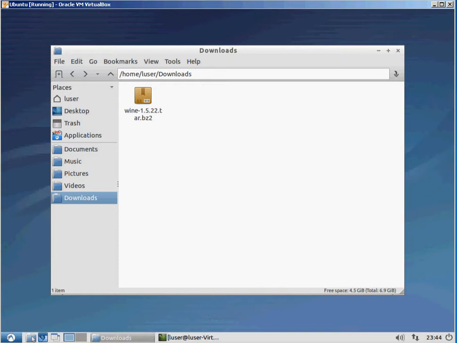Wine stands for "Wine is not an emulator." What it allows you to do is run most Windows programs within Linux as if you're running it in Windows. So it's technically emulating a Windows environment without emulating Windows. It's a little confusing. So what we're going to do is, as you can see, I've already downloaded Wine